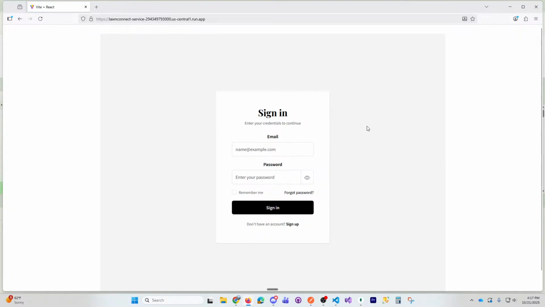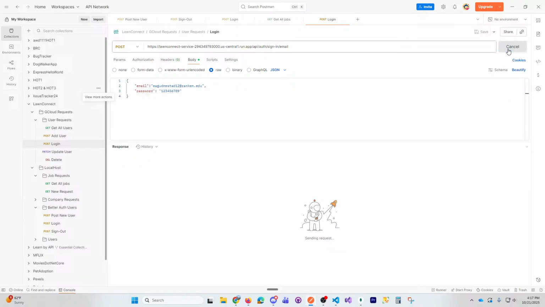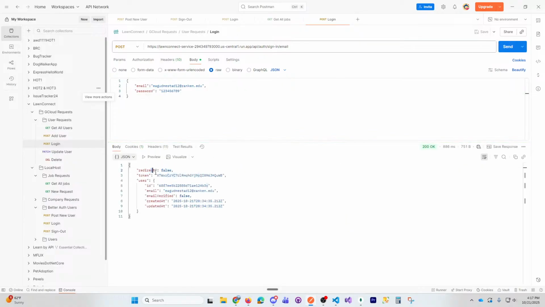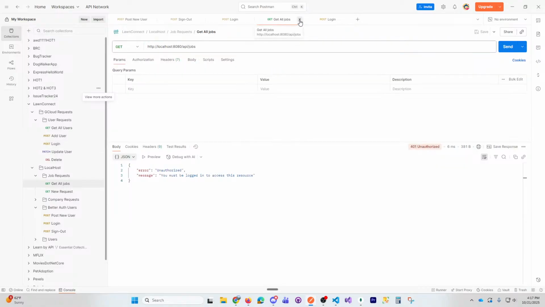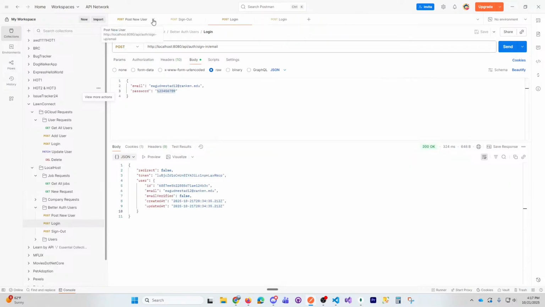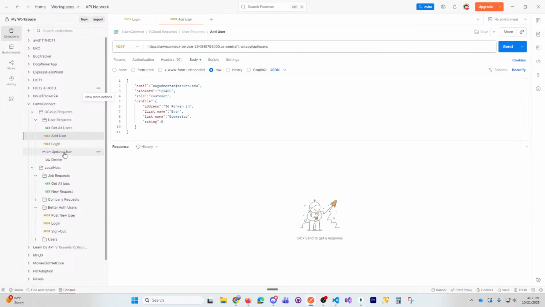So if I were to clear my internet caching and cookies, that's an important thing. I think some of you guys have seen that caching issue. Nonetheless, my new front end is there. And if I sign in, I'm now signed in correctly. So let me close the localhost stuff, and we're going to